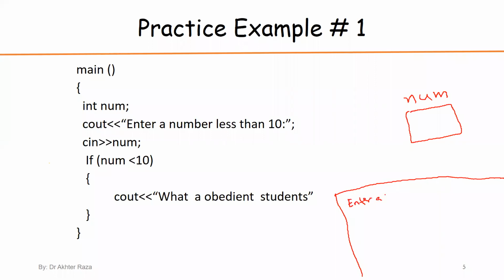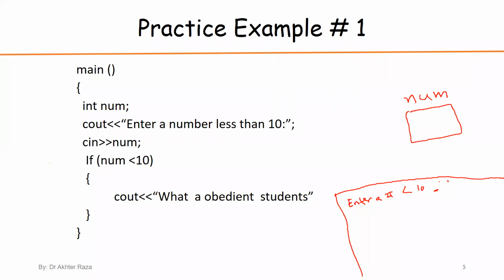Enter a number less than 10. I wrote the line in a short form and the cursor will blink here and wait for the input. Why is input needed? Because the next line is the cin line. So what does cin do? cin asks the user to enter a number. Actually, the prompt to enter a number is not required by this line; it is required by cin. The cursor will blink here on the screen and the user is asked to enter any number.